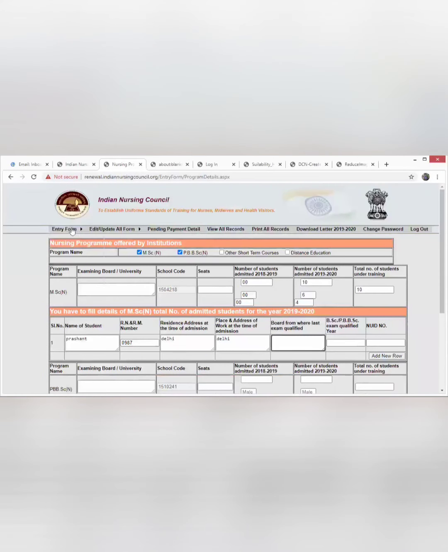Let's go back, we have to save it now. First, let's save this form. It says please verify data before submission. If you click OK, data will be saved. Otherwise, click cancel to edit the data. Click OK to continue. We'll say OK. Or if the data is not correct, you can cancel it. If I cancel it, it will bring me to the same form.